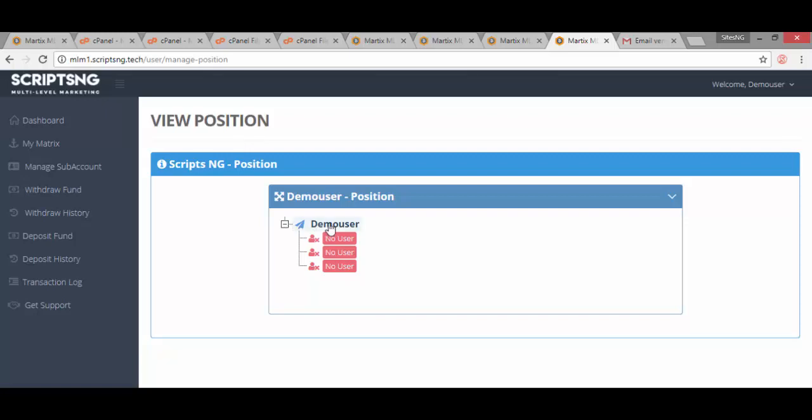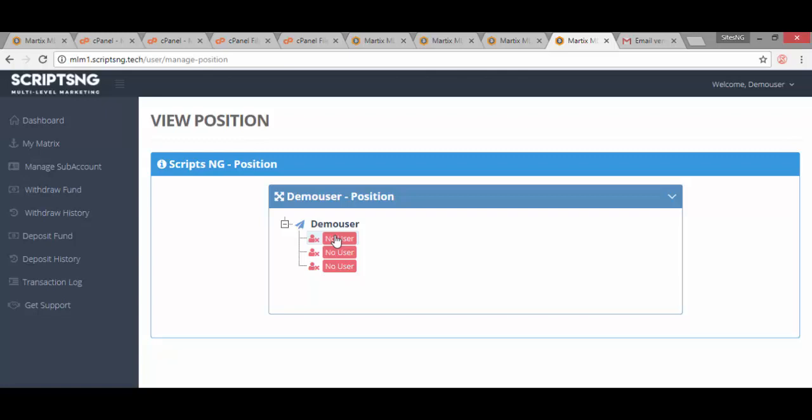Now this is me, the demo user, and these are the 3 slots for the level 1 I have to fill. So after I fill this level 1, if any of these members refers anybody, the person comes under this first person first until this first person's level 1 is filled by 3 people, and that's how it continues.